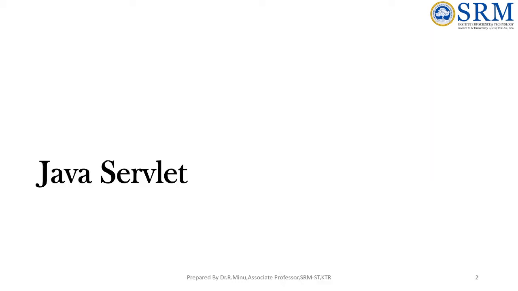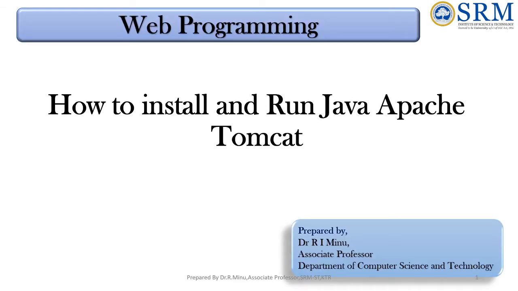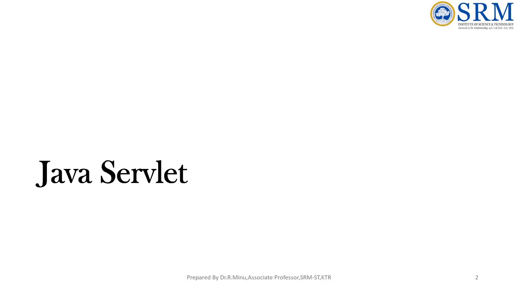Welcome to this video. You know very well Java servlet is a kind of server-side program. In a three-tier architecture, the front end would be a client-side program, then your middleware, then the back end. So Java servlet works like a server-side program. There are different kinds of server-side programs like Java servlet, PHP, ASP and so on.